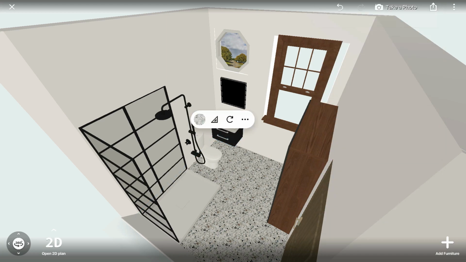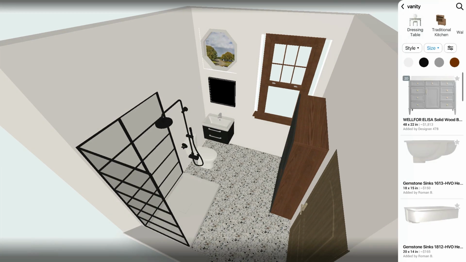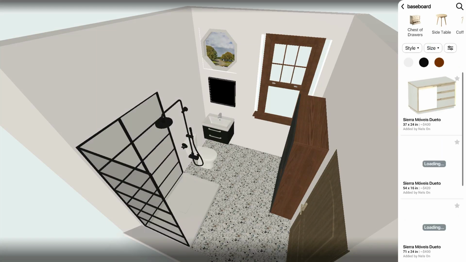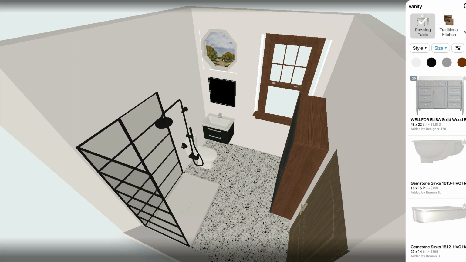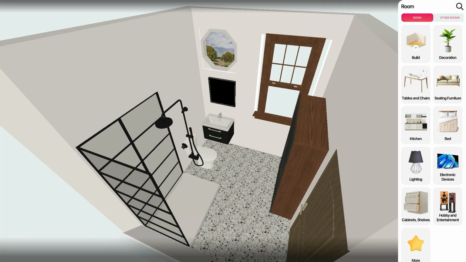So, and we have our floors. Can you add baseboards in this design thing? I have never played with this before like that. Let's see. It probably wouldn't be in this furniture section. That's for certain, it would not. So we can add some things. Here we go. So if we go back to the build section,